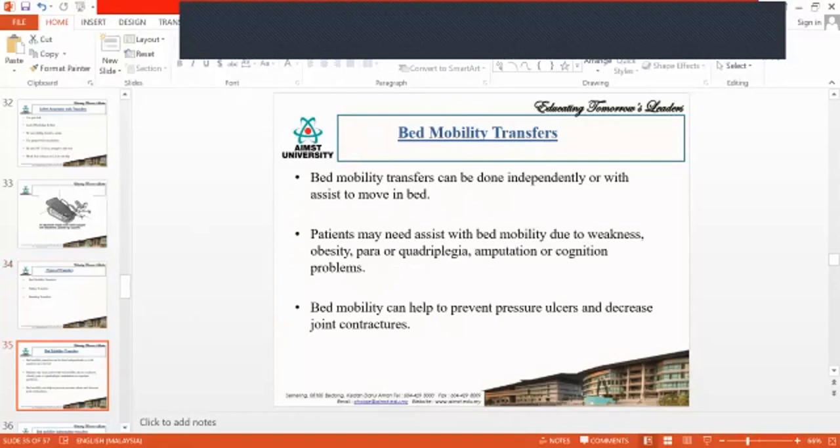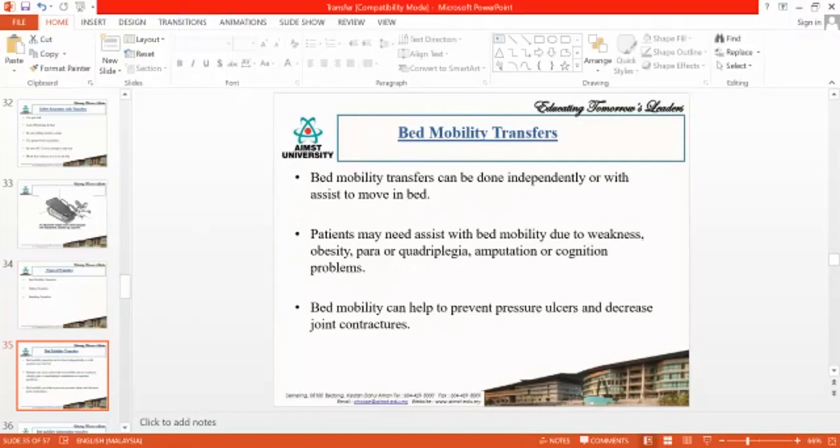Sometimes the patient will not be independent in bed mobility itself. That means the patient is very weak. The patient's body is very weak. They are not able to turn themselves in bed independently. Those kinds of patients will also be there, where you need to assist them in bed mobility. You need to support them, position them, and teach them how to turn. You need to teach the assistants or caregivers how to turn the patients,